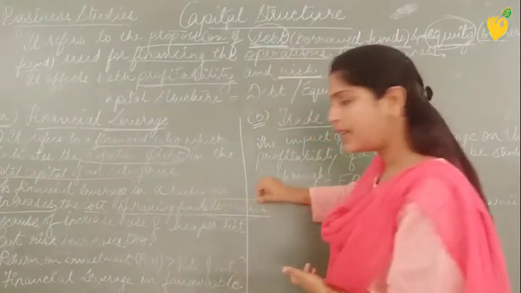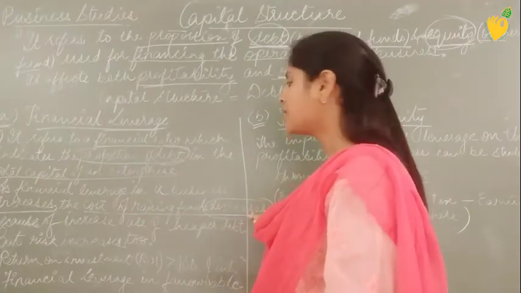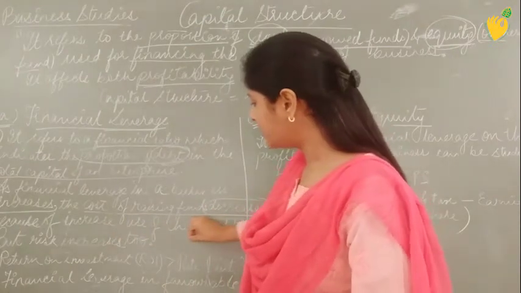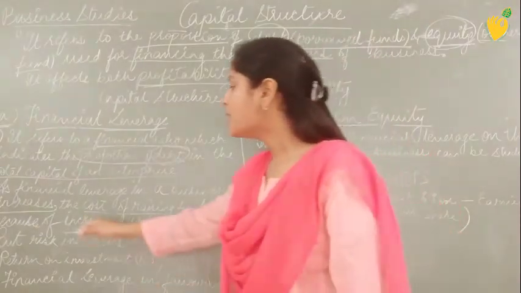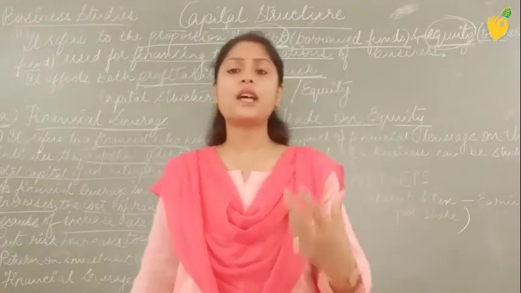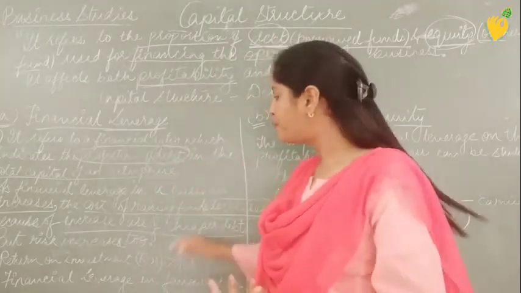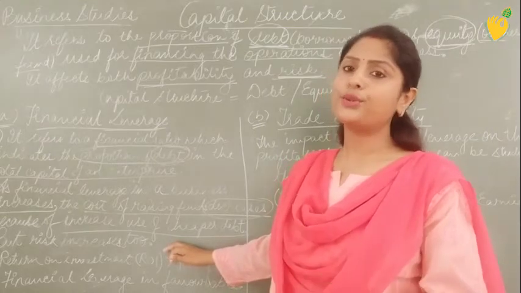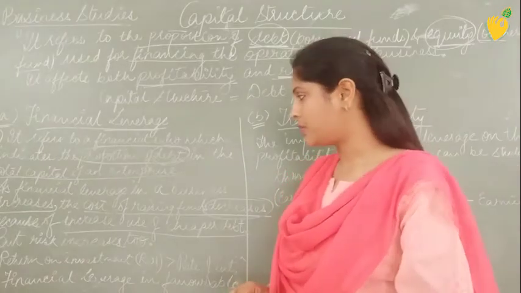Fine, I hope you can see that term. The cost of raising the funds decreases because of increased use of cheaper debt. So why is it decreasing? The reason is also given, which I have just explained to you: it is because of increased use of cheaper debts. As I have told you, debts are cheaper, equity is very expensive at the time of issuing it. So every organization always gives priority to debts at the time of issuing the securities.